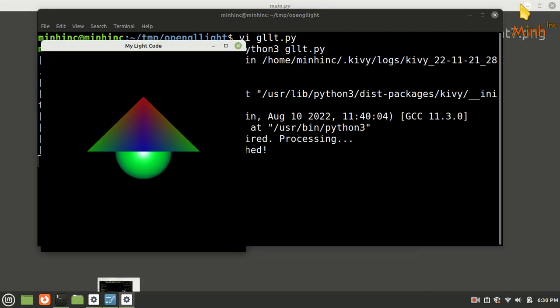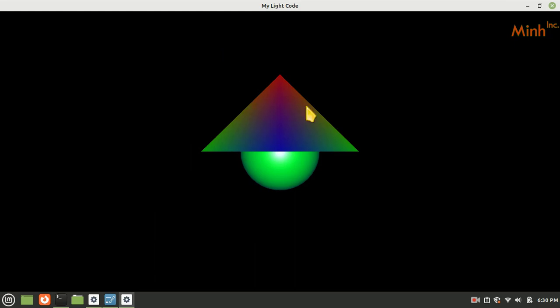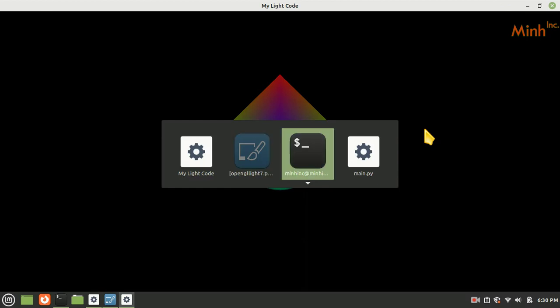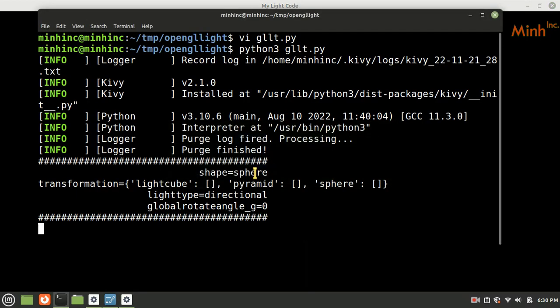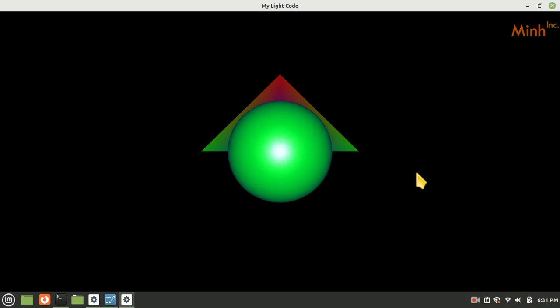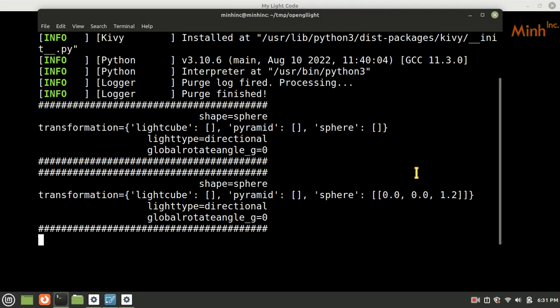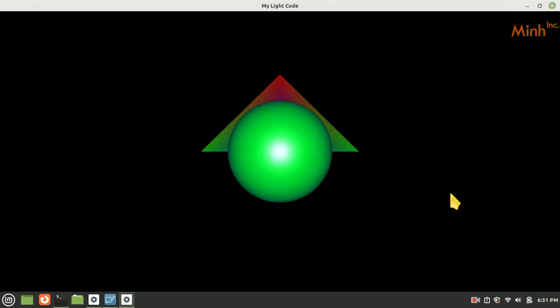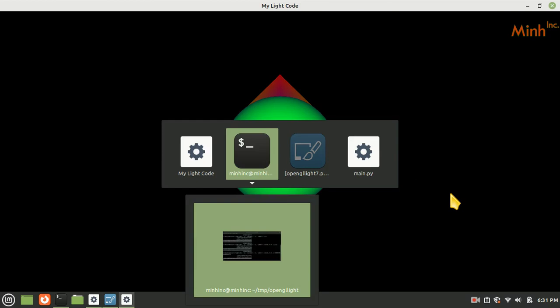Now what I will do is press 2 tab. If I see the situation, I have selected a sphere, and the transformation for the light cube, pyramid and sphere is empty. There is no transformation. And now I can bring the sphere in front, and if I see the condition, it is 1.2. It is 1.4. Now it is 1.5. So 1.5 means we brought the